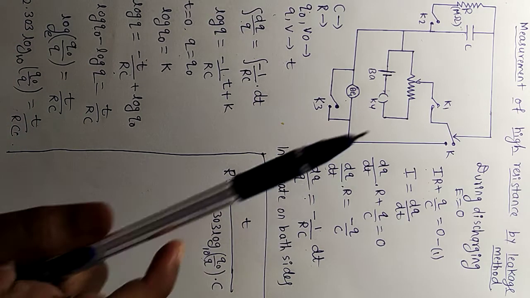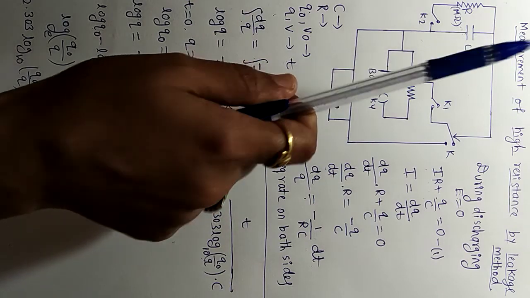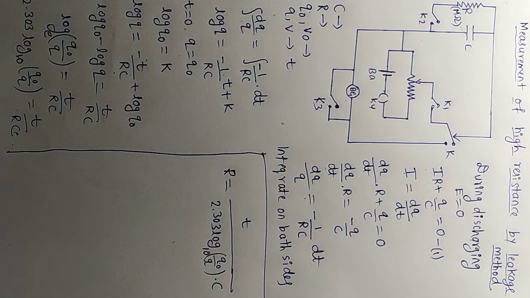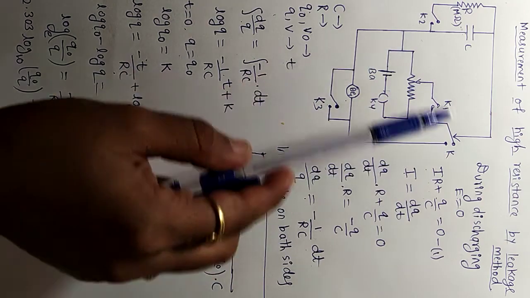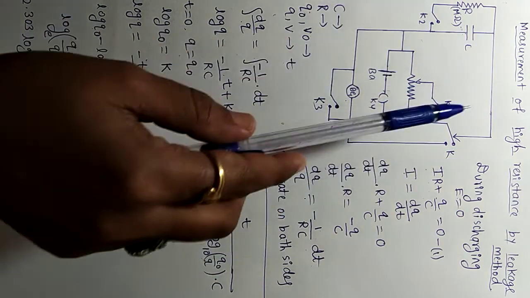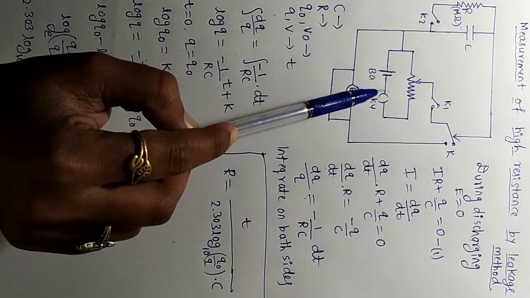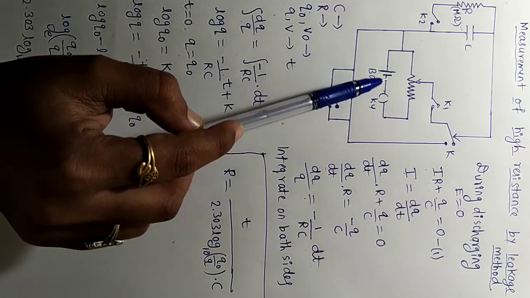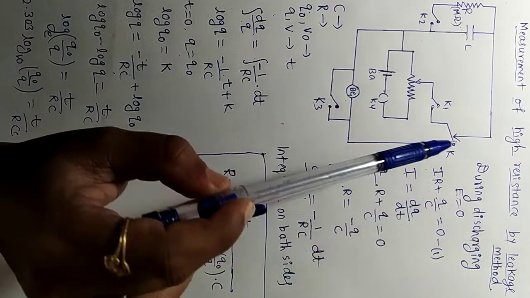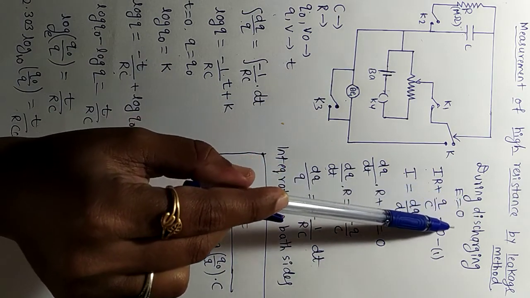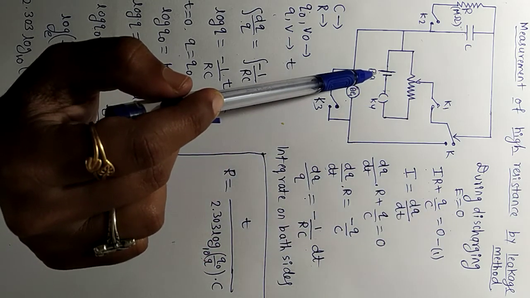Okay, so in the first step we closed all the keys, so there is a maximum number of charges stored in the capacitor, that is Q0. And now in the next step we are opening the key which is related to the battery. So when we open the key related to the battery, what will happen? E becomes 0 because there is no role of the battery.